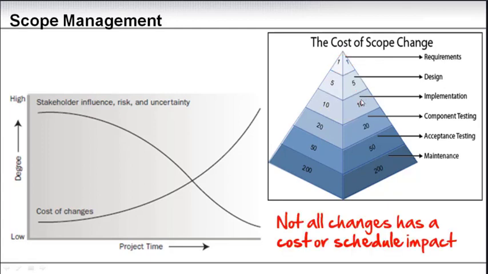Now, one point I want to make here, that not all changes necessarily have a cost or schedule impact, but the cost might be indirect. It might be a cost in terms of you need to allocate people to assess the change, to update the documentation, and once that's done, the change itself doesn't take more time than the initial